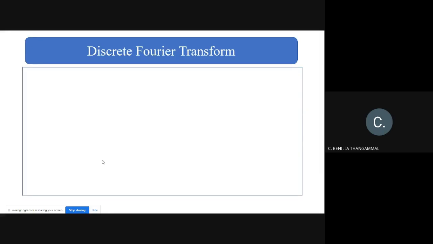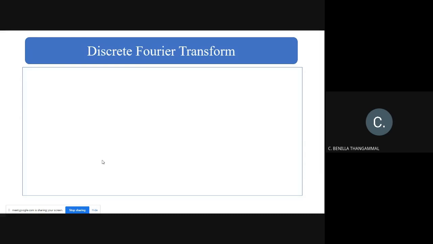So, discrete Fourier transform. If you take the Fourier transform of the discrete-time signals, you will get the discrete time Fourier transform. In this DTFT, the frequency component omega will be a continuous one, so we cannot process that in a digital system. So to convert DTFT to DFT, the continuous omega will be sampled at equal intervals